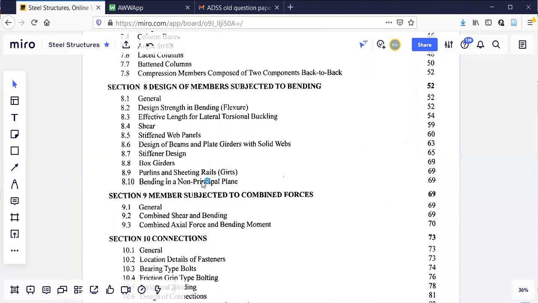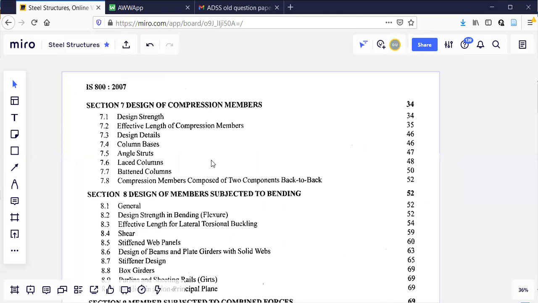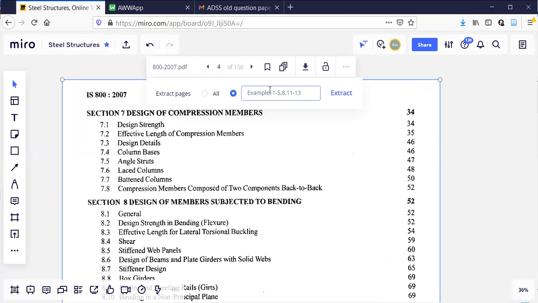You can see this entire book is there here, online only. Any page, for example, if I want to extract page number 74 and 75 and show it separately, only those two pages, I'll click here. I'll just type some name. I don't know what is there in that page, but 74 and 75. I want just those pages to explain. For example, for a particular problem, I need to refer to a specific page. That time I can do it. I cannot go on flipping the pages here. 150 are there. So any specific page, if I want to extract it directly, I'll click here.